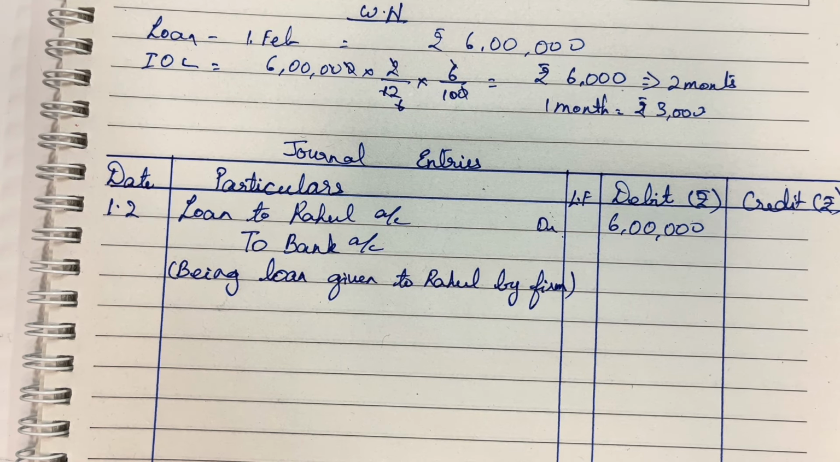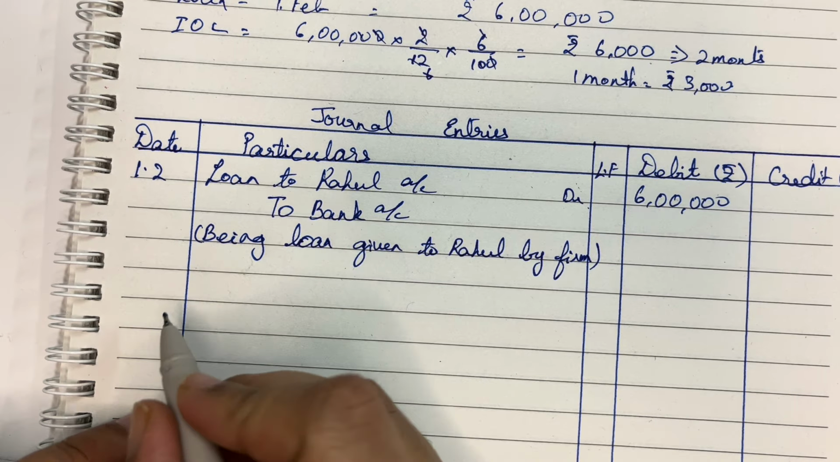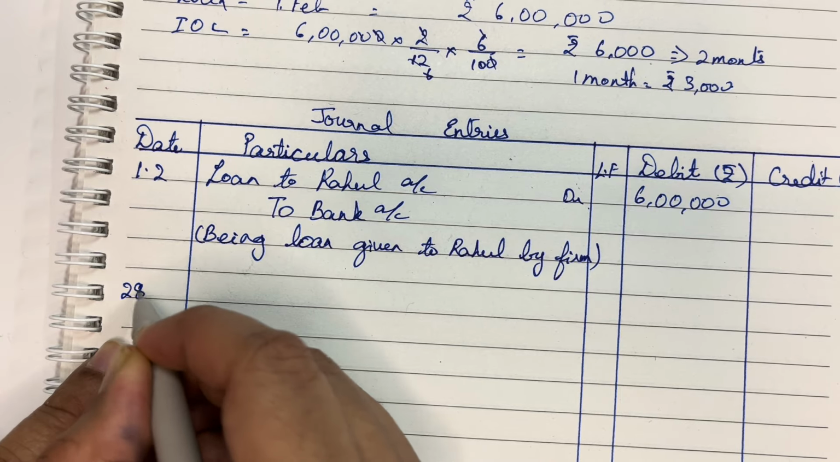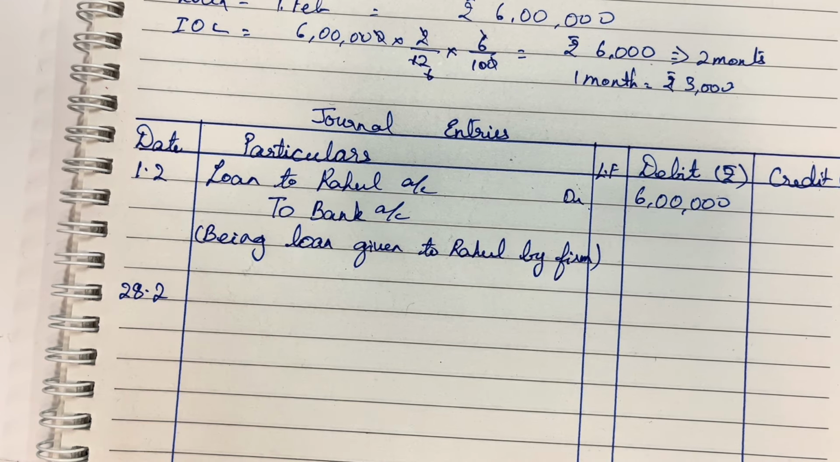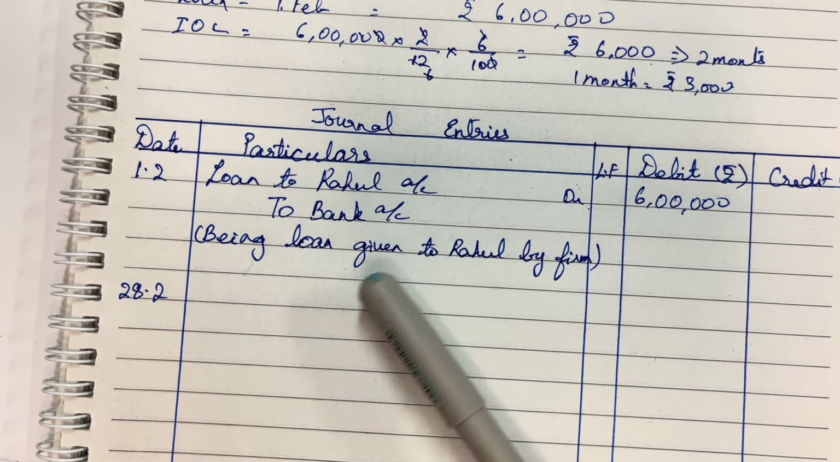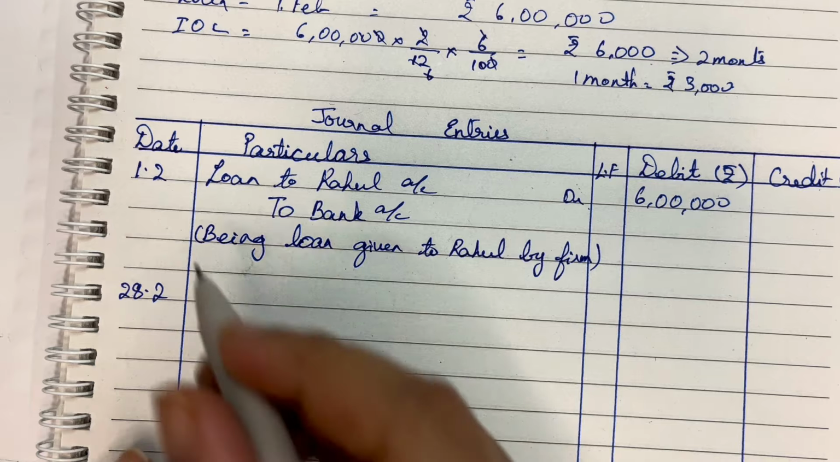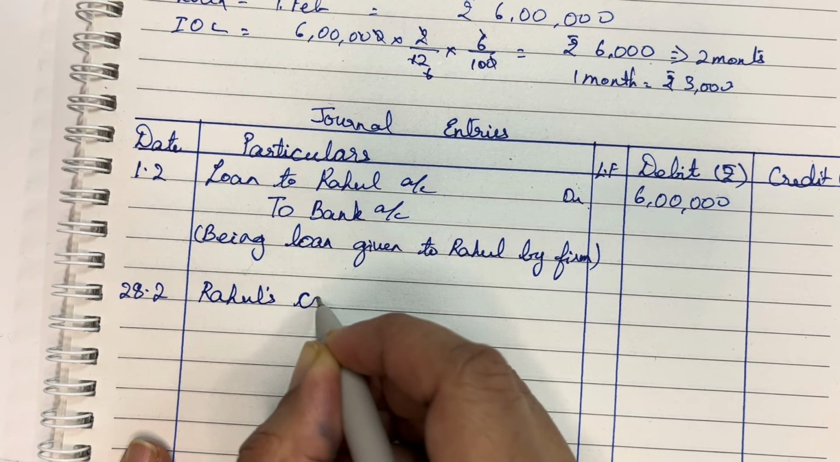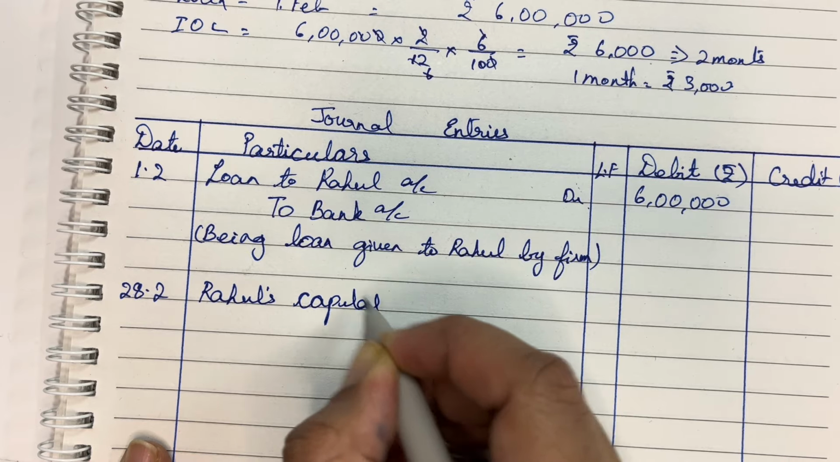Now Rahul has received the loan. After receiving the loan, at the end of the financial year, Rahul has to pay an interest on loan. So our next entry falls due on 28th of February. On 28th of February, what does Rahul have to do? He has to pay the interest on loan for 1 month, correct? So we write Rahul's capital